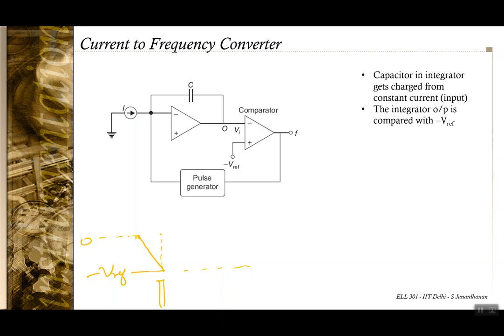Then again this happens, and this goes on. So if you count the number of pulses, not the number of pulses, so if you count the time period,